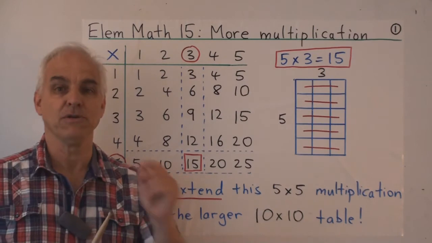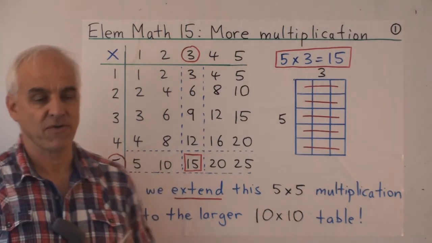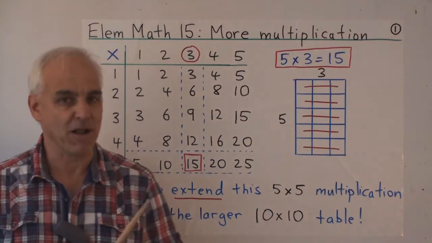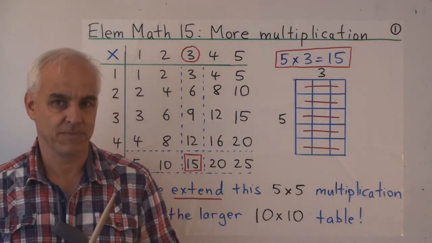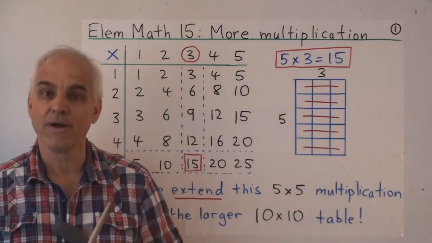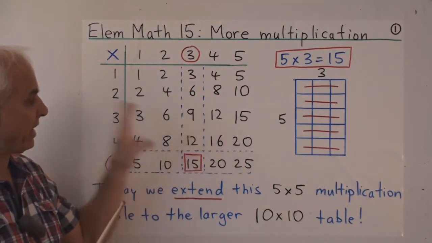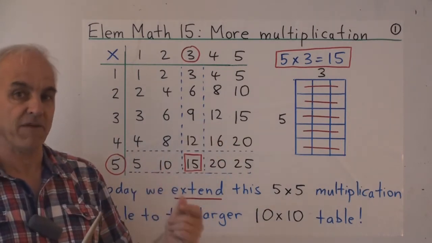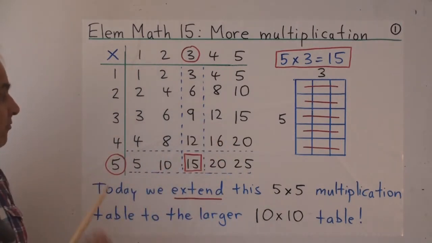And I think it's very useful for young people to first start with this case, to master the 5 by 5 multiplication table first. You could easily spend a year, like perhaps in grade 2, solidifying this table, making sure they understand what the entries mean, and are very, very quick in being able to come up with the answers.